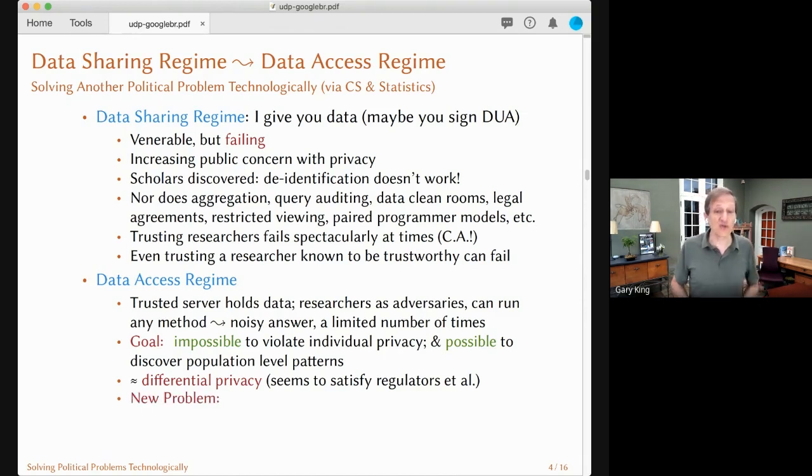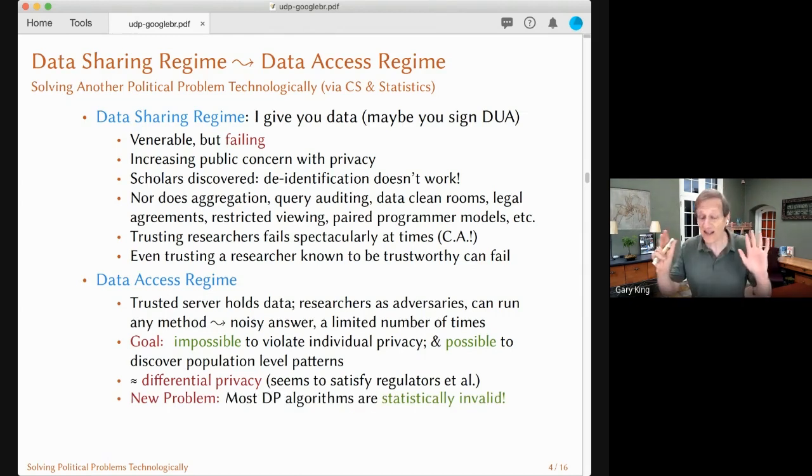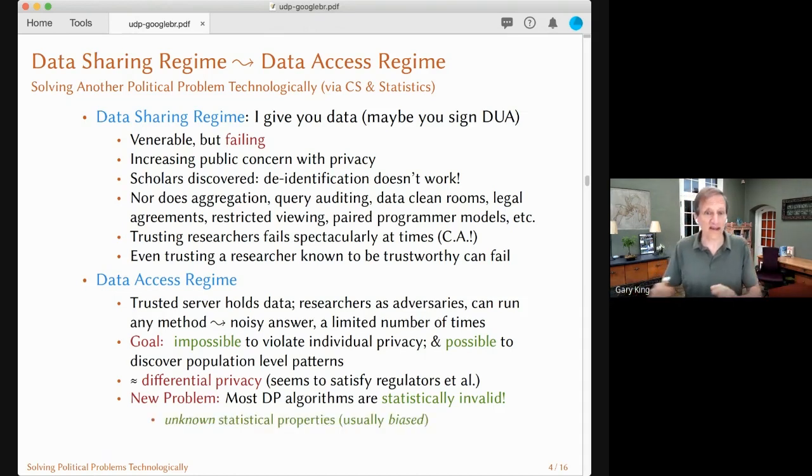However, that leads to a new problem. Most differentially private algorithms are statistically invalid. Okay, so what do I mean by that? That means the statistical properties, which I'll explain, are usually unknown, and when we analyze them, they're usually biased. They will give the wrong answer to the kinds of questions that we have